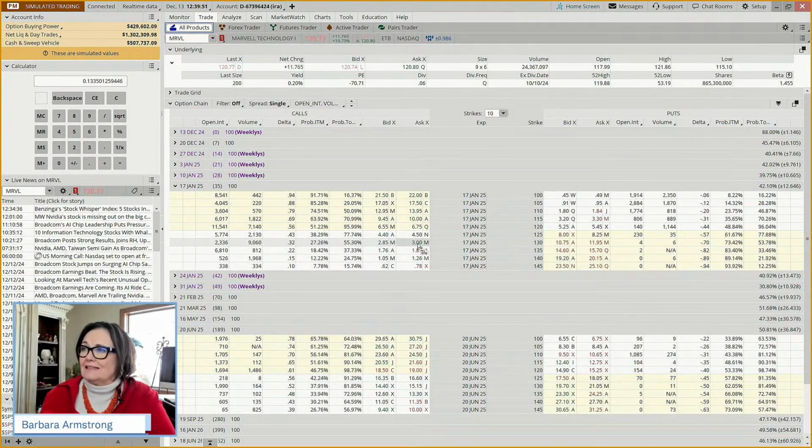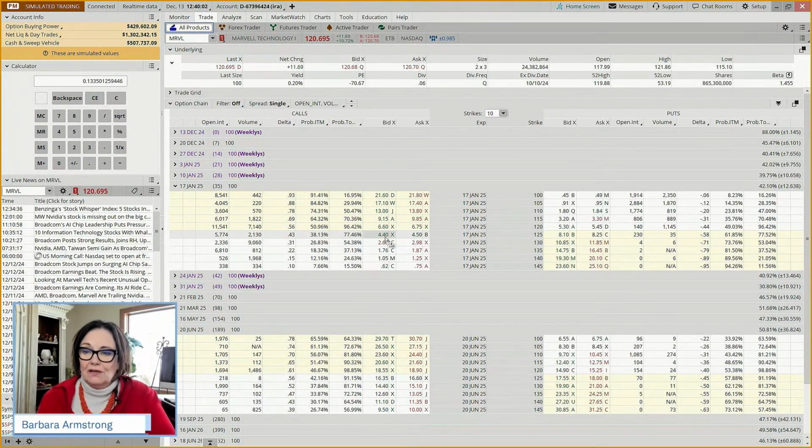Now, here we'd receive less of a premium, but lower probability of being called out. So it depends on what you're looking for: to put yourself more in the middle of the road where it's more likely to be called out. And then if we come down here to the 105, we're only getting 91 cents. That may seem like chump change compared to the other stocks that we looked at, but this one is a little less volatile for starters, and it costs a quarter the price.